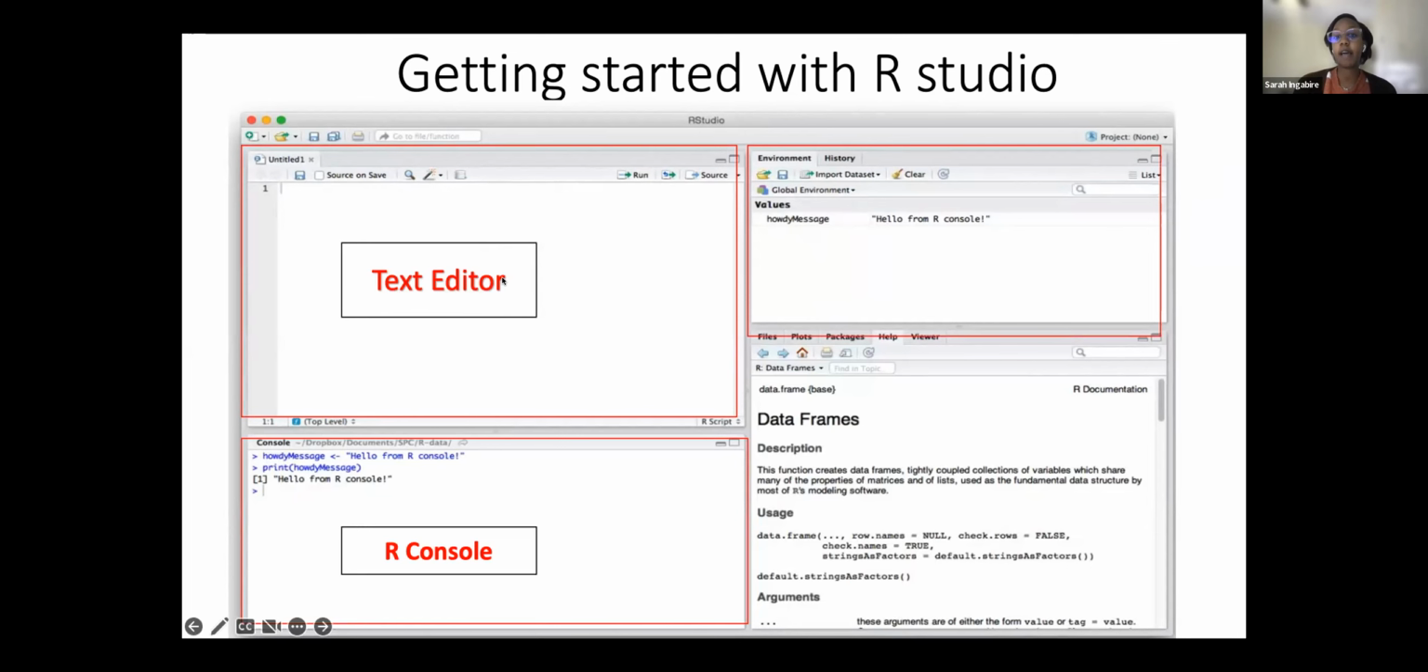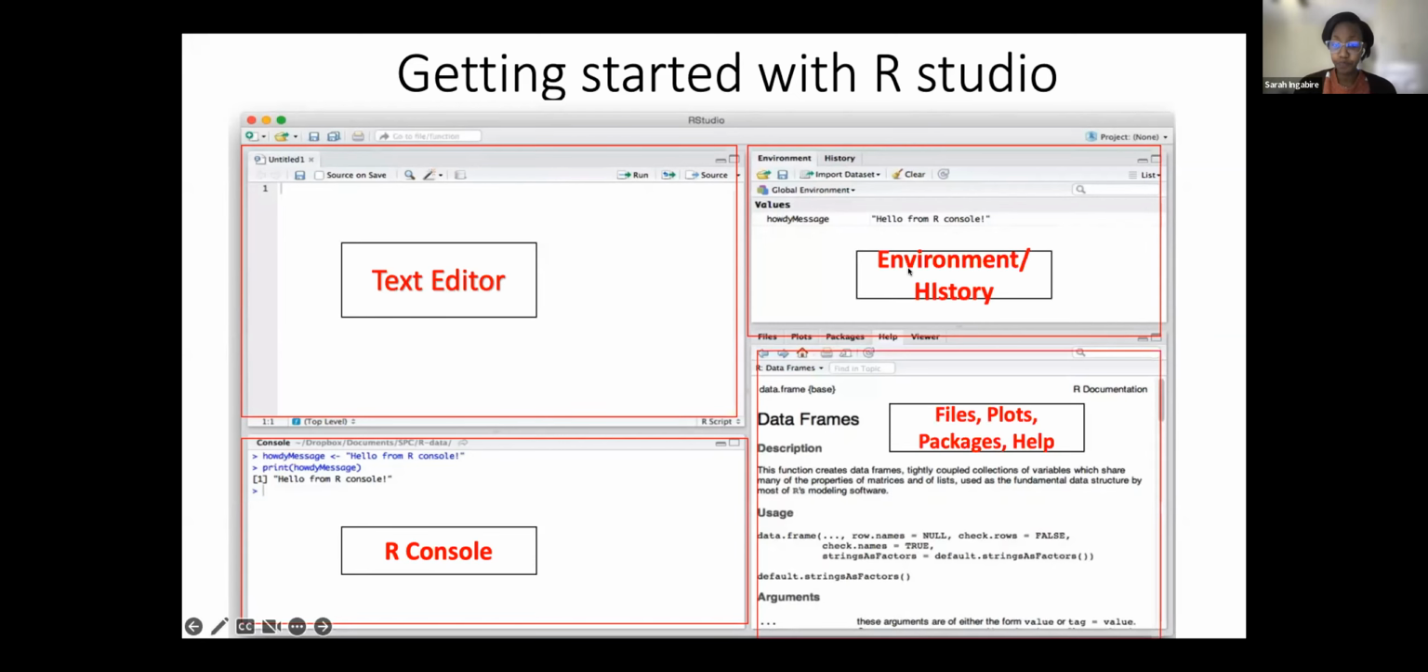And then here we have the environment and history tab. The environment shows all the variables that you've been generating during the course of programming. And the history tab shows you all the commands that you've been running during the course of programming as well. It's temporarily saved in our workspace. And then here we have this compartment